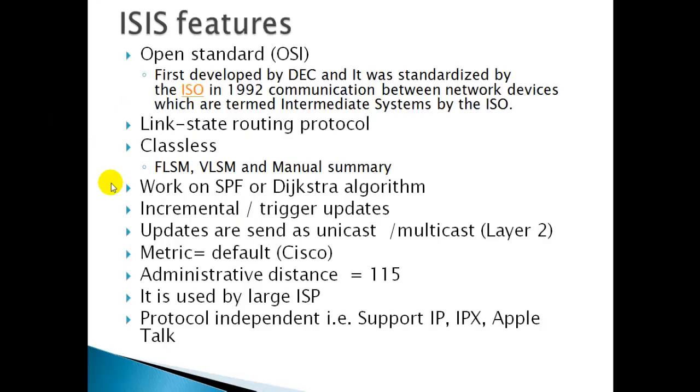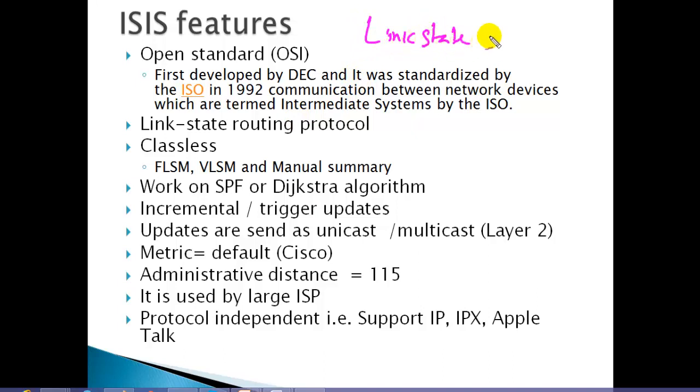IS-IS is a protocol which is similar to your OSPF, which has the same features as OSPF because both are link state protocols. Both are going to maintain the link state information of each and every route. IS-IS was initially developed by OSI, Open Systems Interconnection. Generally it's an OSI based protocol, so initially it was working based on OSI addressing. Later on, this IS-IS protocol has been modified to support your TCP/IP protocols.